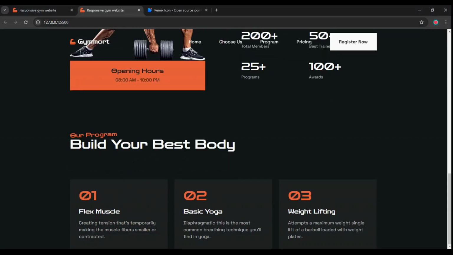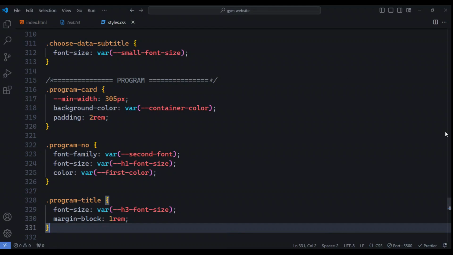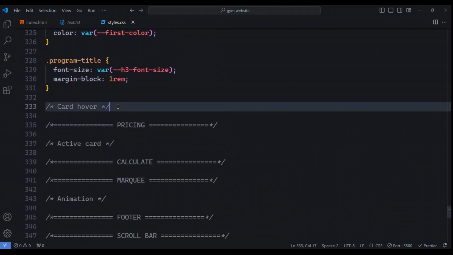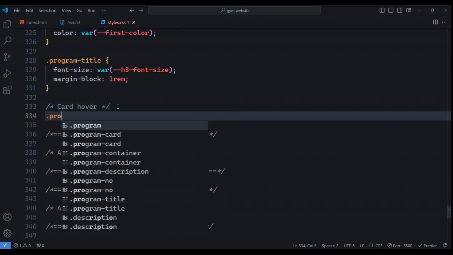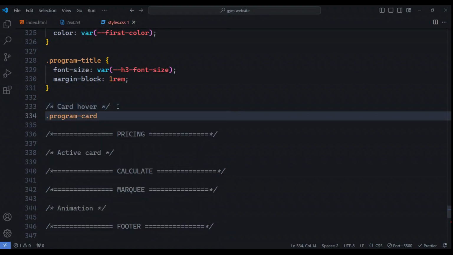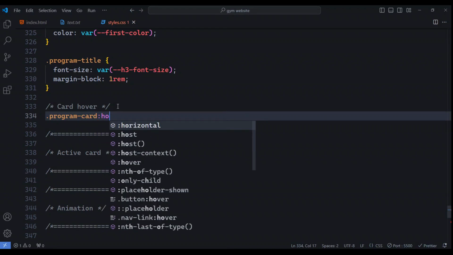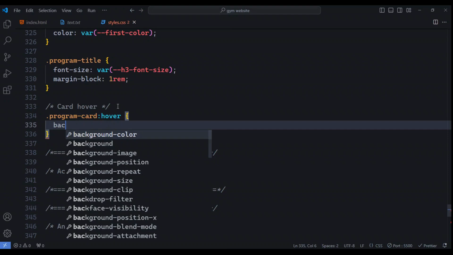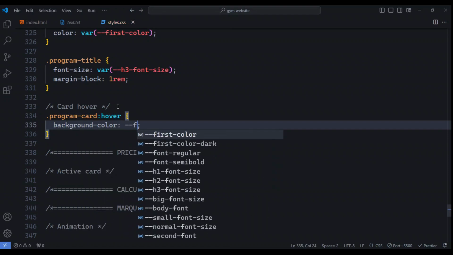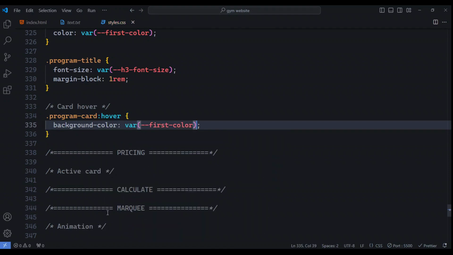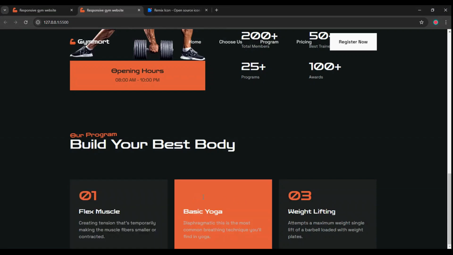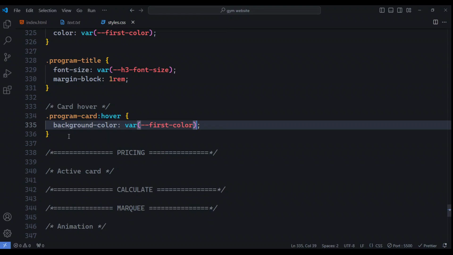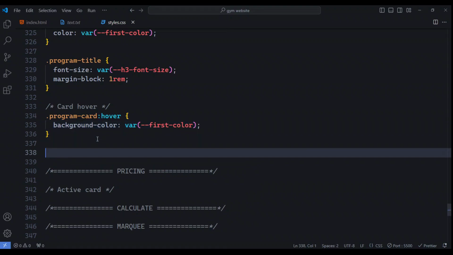After that, we will add hover effect to the card. When the program card is hovered, we will change its background color to first color. We also need to change the color of program number, program title, and program description. When the program card is hovered,